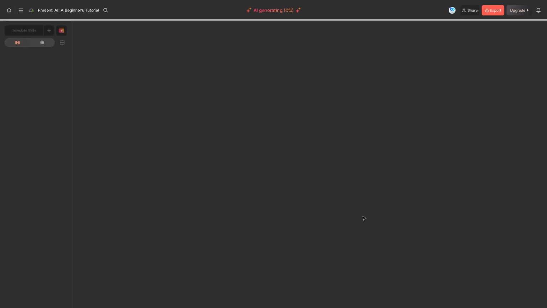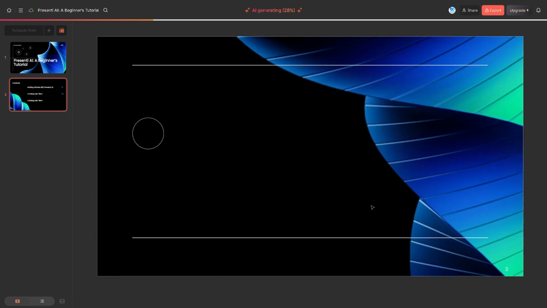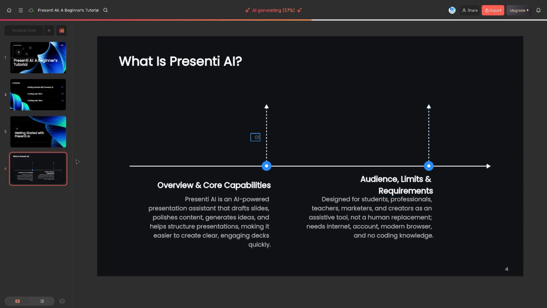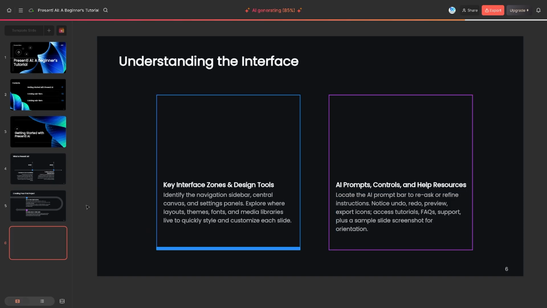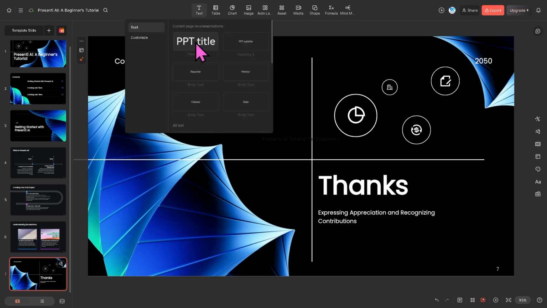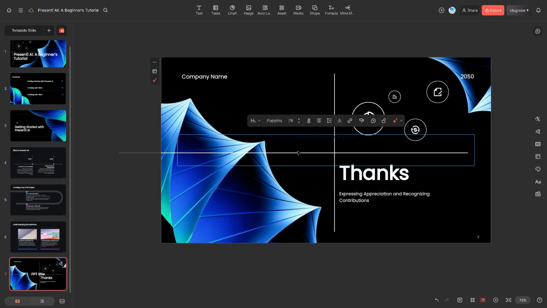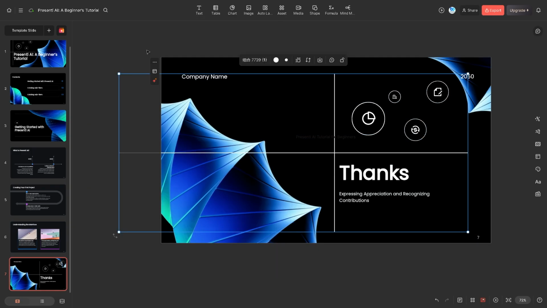This may take a little while, and then once you've done that, boom, the content has been easily generated here. Now you are on the page editor. On the top corner, these are the tools at your disposal. Number one is going to be the text. If you want to add a custom text, you can do that. For example, a PPT title right here. All I have to do is paste that. And then this is essentially helpful if you want to customize the font, alignment, and color